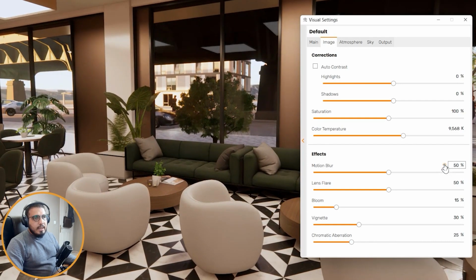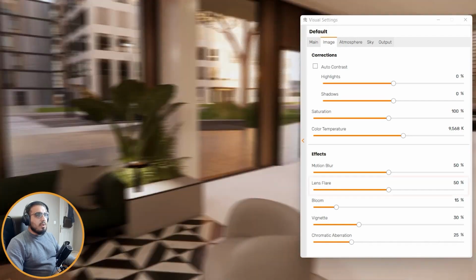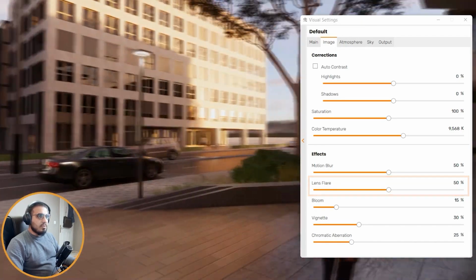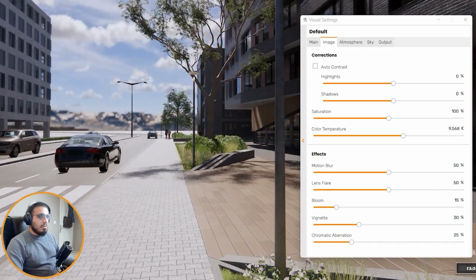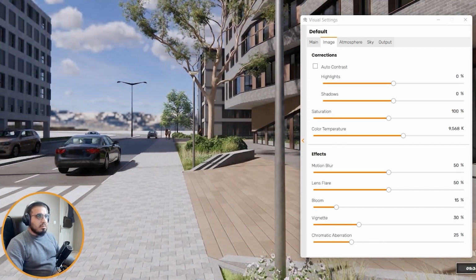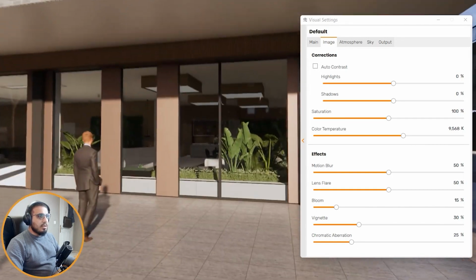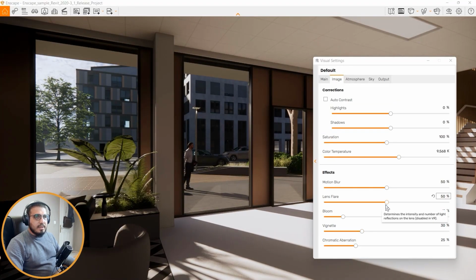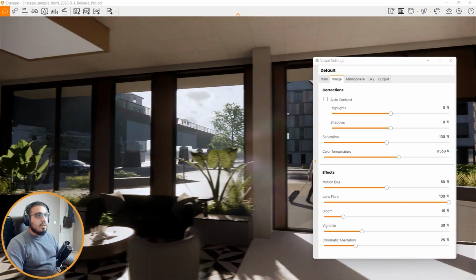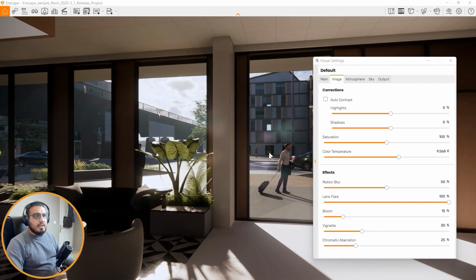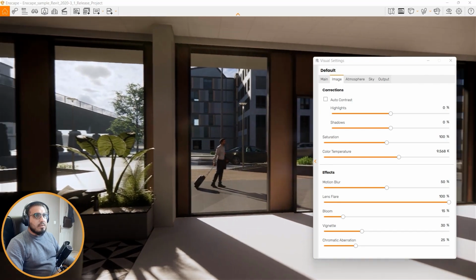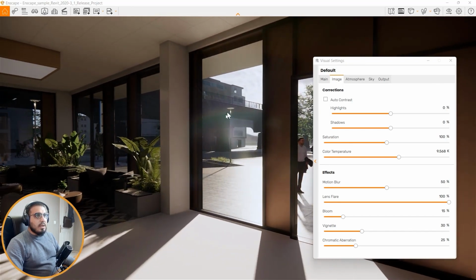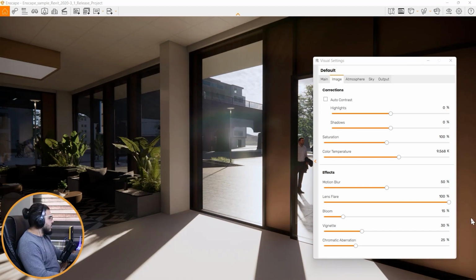Let's bring it back. And then we have lens flare. Lens flare is more visible when you have sun. For example, let's make the time about noon. It's a little bit hard to have lens flares, so let's put the lens flare on a higher number. You can see some flares in here. This is the lens flare. You will see it in some scenes, and now you can see it much better in here. But if you don't want that, you can turn off the lens flare. It depends on the mood that you want to achieve.